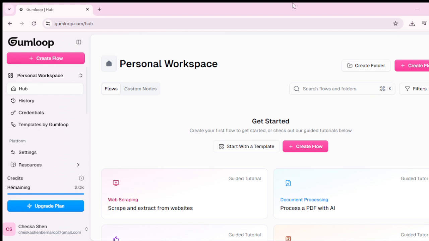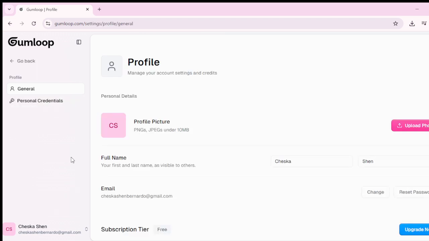First things first, we need to head over to account settings. To do this, log into your account and look for a user icon or menu usually found in the upper right-hand corner of your dashboard. Clicking on this icon will reveal a drop-down menu, and from there, you can select Account Settings. This section is where you'll find all the essential information about your account, making it the hub for managing your